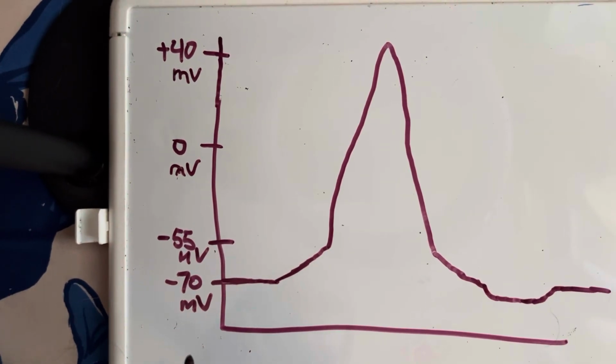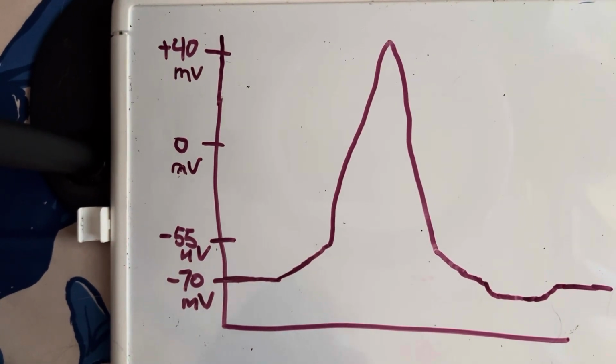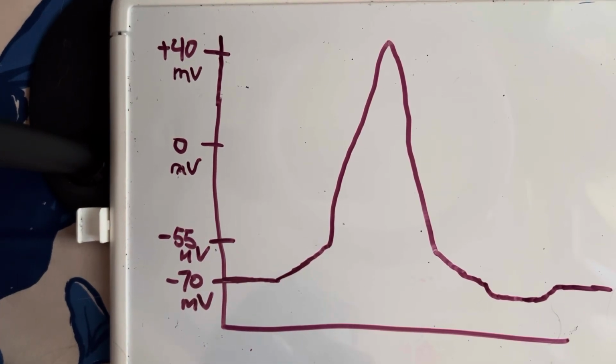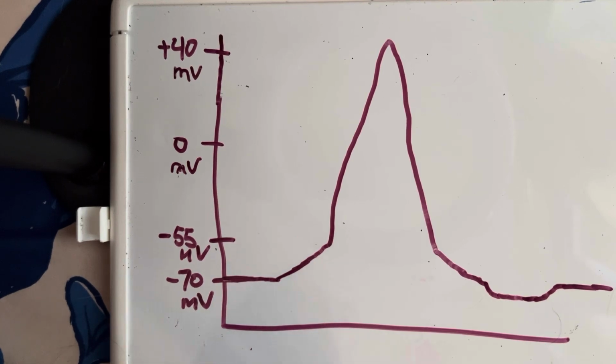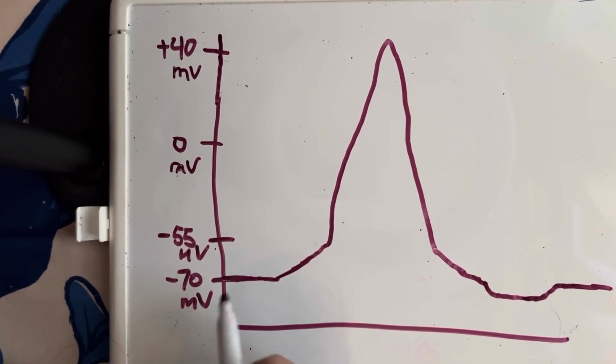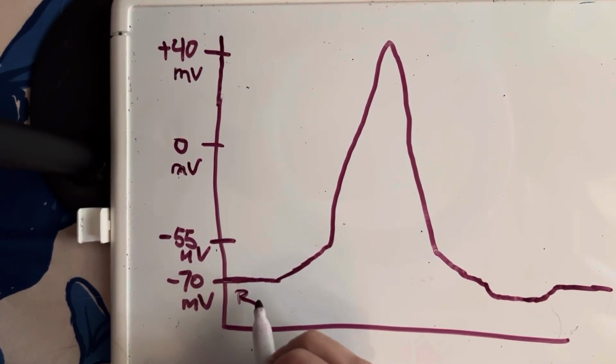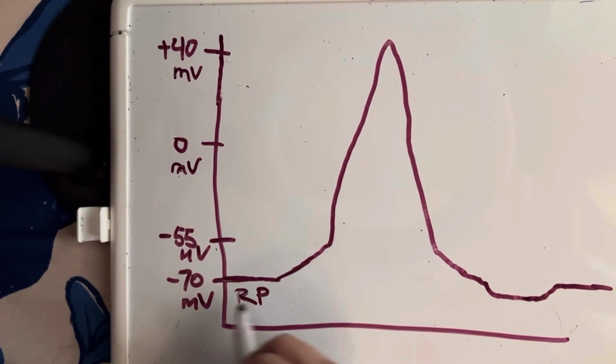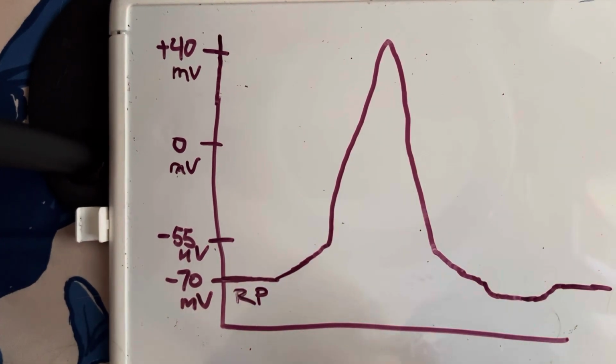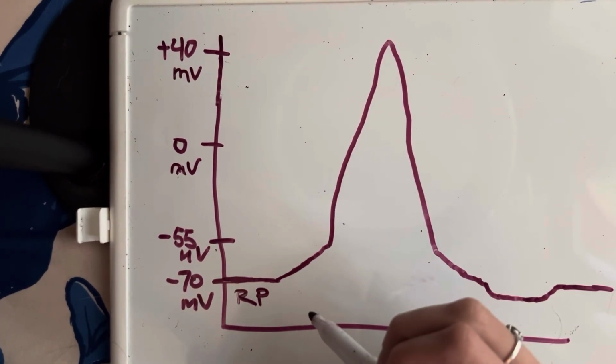Starting out with resting membrane potential, this describes the electrical potential of the plasma membrane when it's at rest. And this is when the ICF measures to have a value of negative 70 millivolts. So down here, this would be when we're at resting potential. And then when there's stimulation,